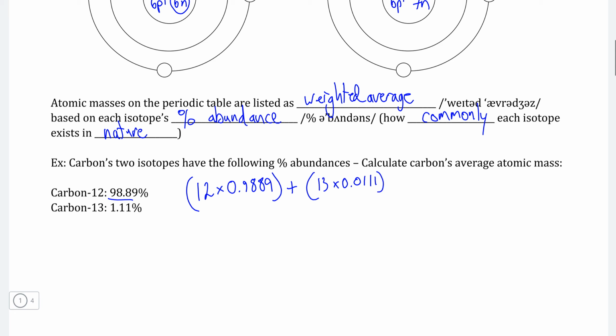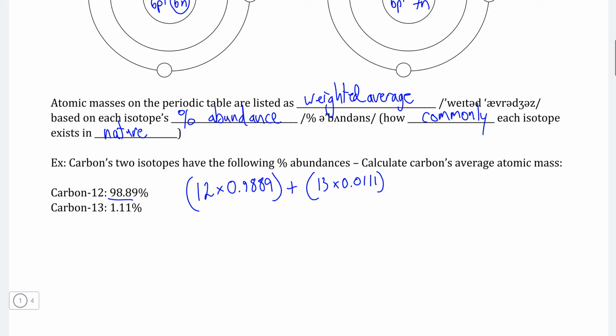And firstly, when we multiply each of the atomic masses of each isotope by its percent abundance, you should find these numbers below. So 12 times 98.89% should come out to 11.8668, which we would then add to 13 times 0.0111, which comes to exactly 0.1443,